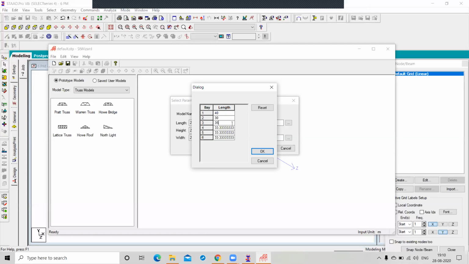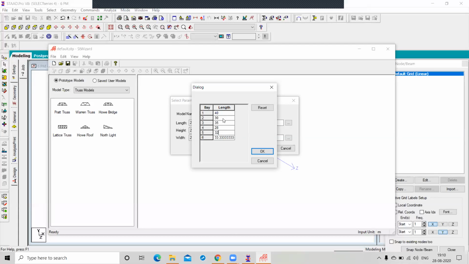Yes, 35. The next one, 28. Okay. And the next one, how much? 32. So please add how many distances we considered up to here.